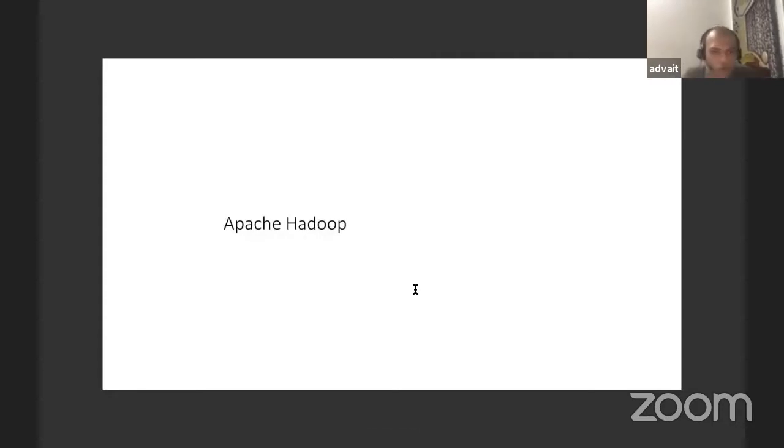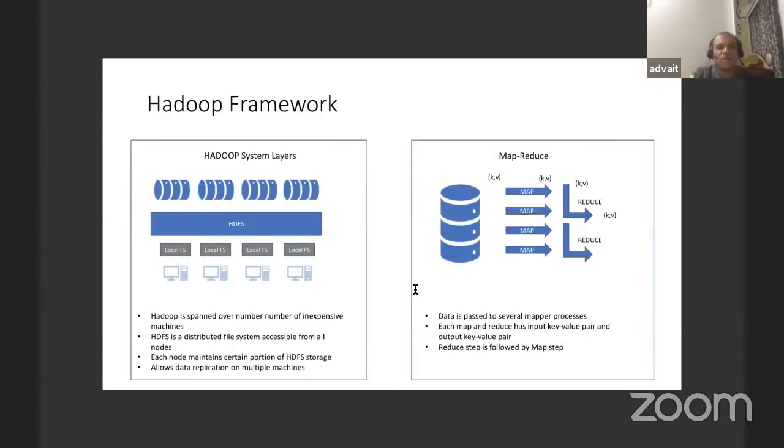Okay, so moving back to the more practical example is the Apache Hadoop. I'll give you just a very small overview of the Hadoop framework and also an example of how to process data in Hadoop. You don't have to understand each and every concept here, but just try to get the flavor of it because it's very hard to describe the systems in very short time. But I have tried my best to cover most of the parts and make it easy for you.